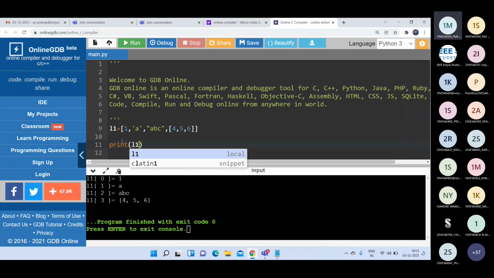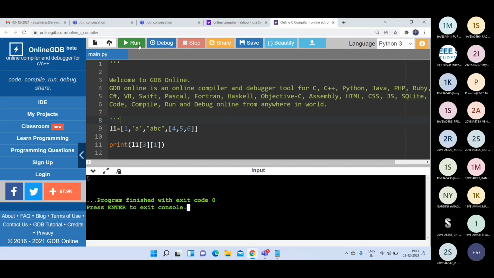L1 of 3 of 1. Here, this is another list nested in this list, with indexes 0, 1, 2, 3. This list's index is 3, and I want to print the second element. So L1 of 3, 1, and you will get 5 here. Again, this list has index values 0, 1, 2.